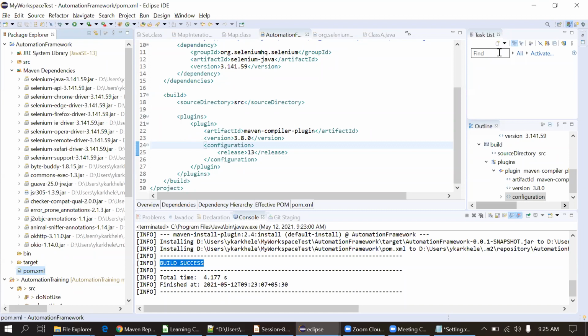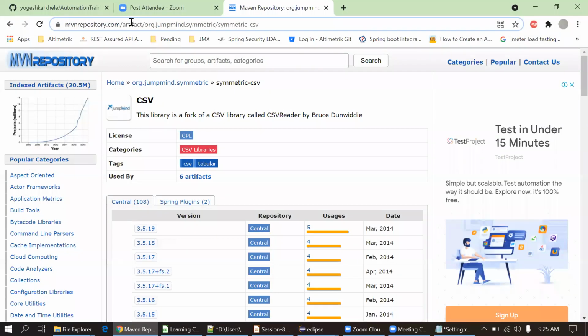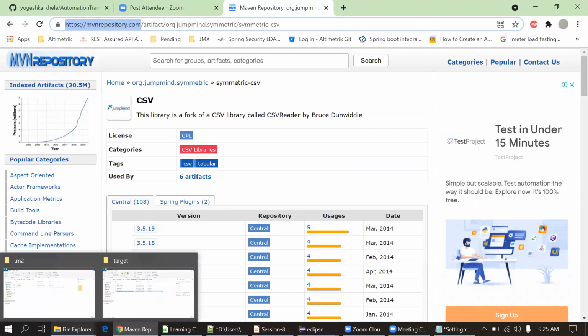Can we explain why we are using setting.xml? In the current case, we are not using the setting.xml. Suppose you're working in the banking domain, and your organization is not supporting this repository, meaning it is not accessible inside your company, simply it is blocked. In that case we can create our own repository. It is not created by us actually, it is created by an IT person. Some other person will create it for you and just provide the URL to you.